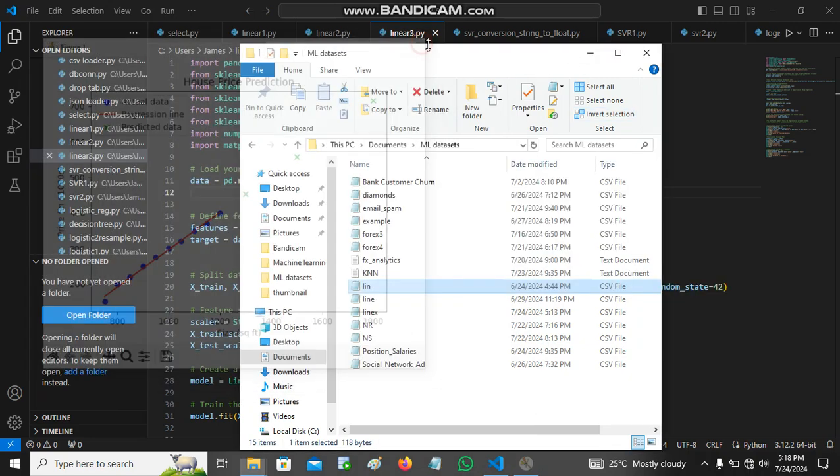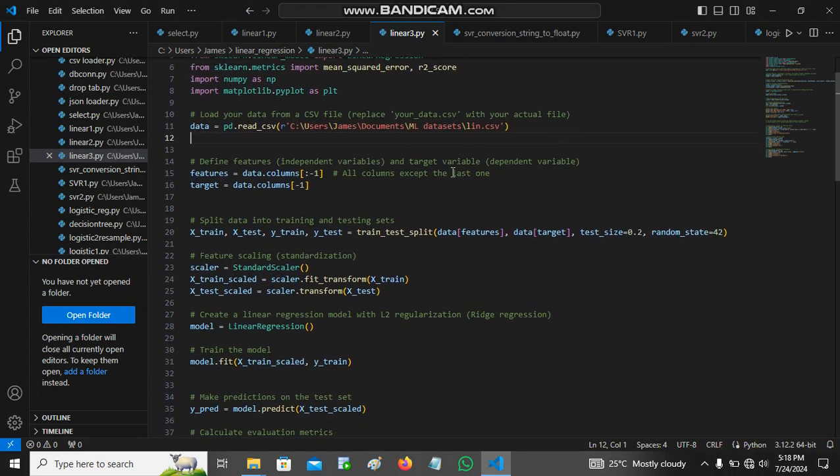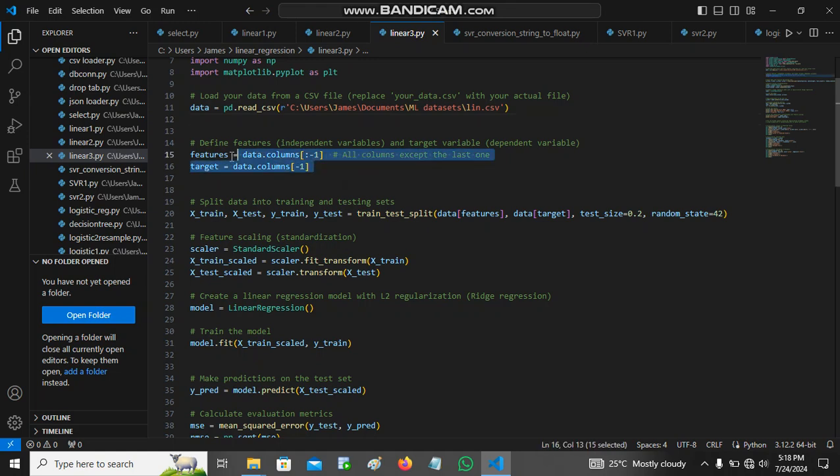Let's cancel this. So this is what we've done before. Define the features, the independent variable, split and test the data. Now let me explain this part to you. Splitting the data